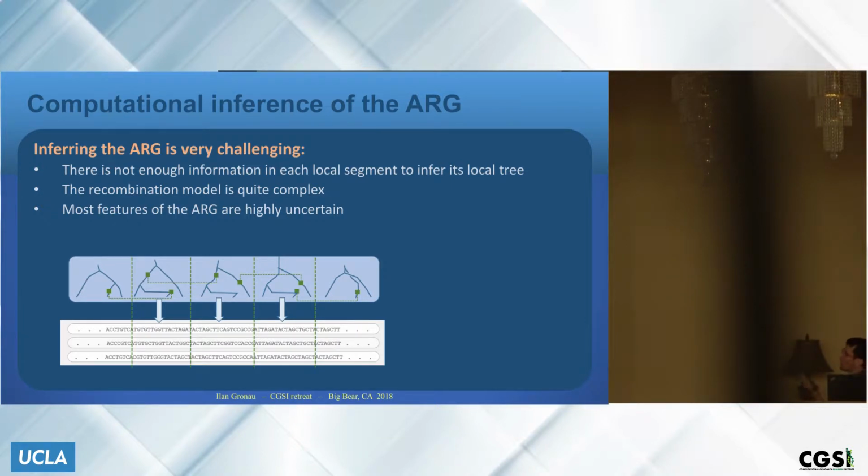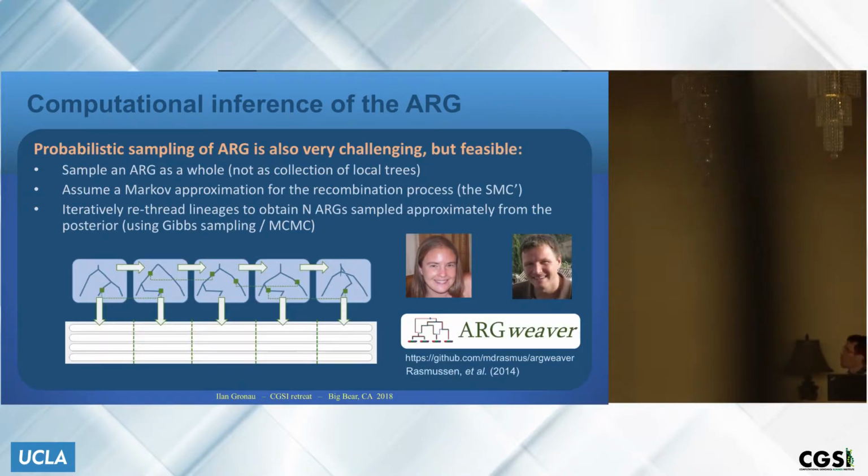So there are combinatorial approaches to try to reconstruct the ARG, but they're not very successful. They're nice algorithms, but they weren't very useful in getting useful features of the ARG out. But approaches that were successful, and this is just one example of an algorithm that was able to do this, but there are other algorithms that follow a similar approach that are also successful, is a probabilistic sampling